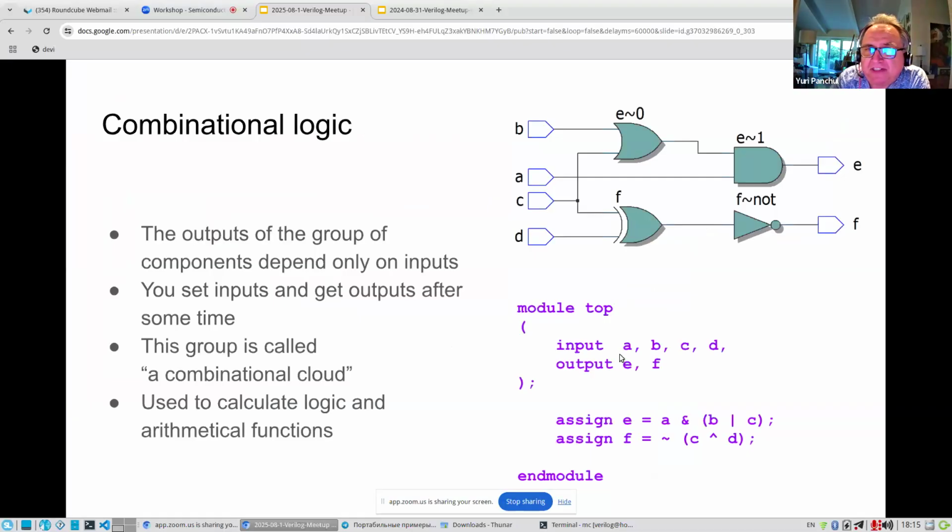This is just formulas which have arguments A, B, C, D, and after some time, like 50 picoseconds, this A, B, and C propagate through the circuit, and you get the result in outputs E and F. So in combinational logic, the output depends only on inputs. At any moment, if you put given inputs, you will get a well-defined output.